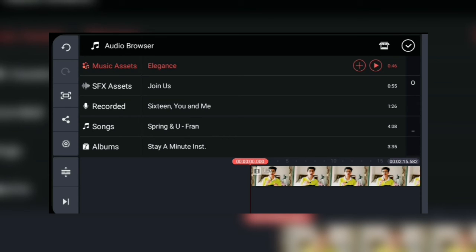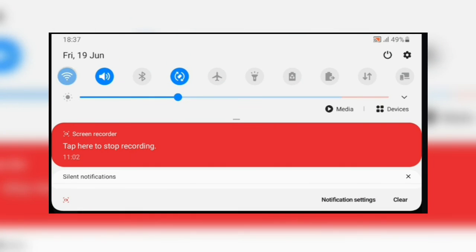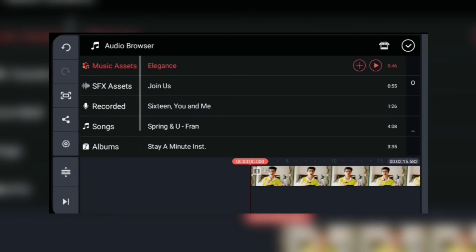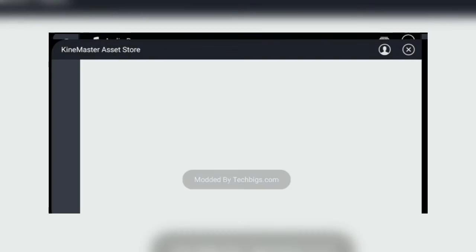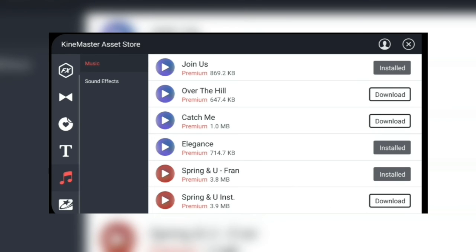So you might be thinking, from where did I get these songs? So no worries, all these songs are pre-installed in KineMaster. So first of all, you need to click on the shop icon, but before clicking on the shop icon, you simply need to turn on your mobile data or Wi-Fi. So let me turn on my Wi-Fi, and after connecting your mobile with your network, you simply need to click on this shop icon. So now I'm going to click over it, and you can see that as I clicked over it, I get several options of music over here.